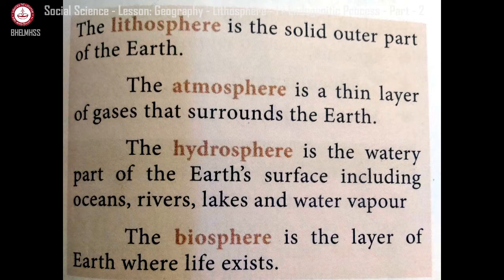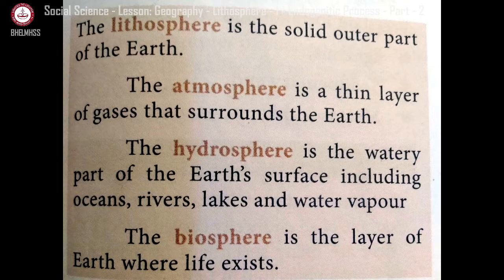Okay children, yesterday we were seeing about the outer structure and the internal components of our earth. Our earth has four spheres. One is the main solid structure, the lithosphere. The envelope of air surrounding our earth is the atmosphere. The water bodies present on the earth are the hydrosphere, and the layer where the living organisms exist is the